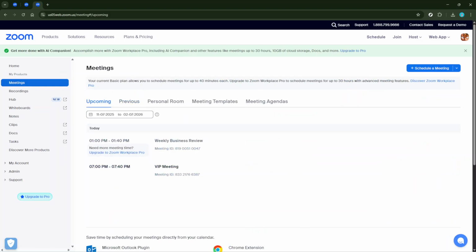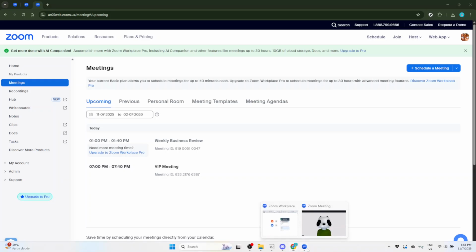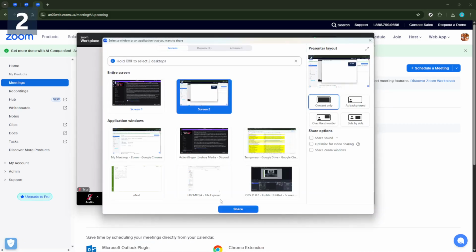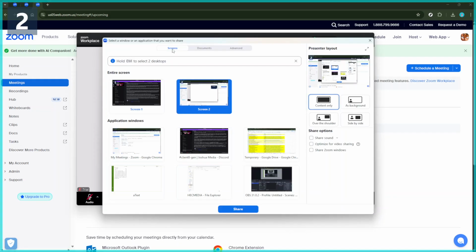Here, you have options. You can share your entire screen, a specific application window, or a file. Sharing your entire screen is great for walkthroughs or presentations where multiple elements need to be shown. If you prefer to keep some things private, sharing a specific window is the way to go. You can also choose to share files directly, which is handy for presenting PowerPoint slides or PDFs.